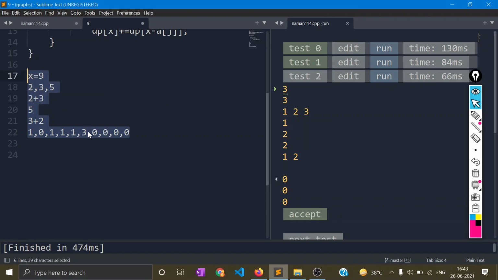I didn't complete the dry run approach of this because I think why ordering is not happening here is actually clear to you, because ordering was not happening because we were considering 3 plus 2 and 2 plus 3 differently. But if we consider this one,